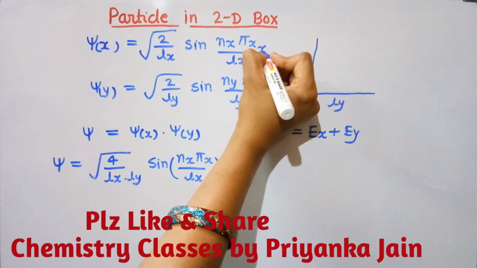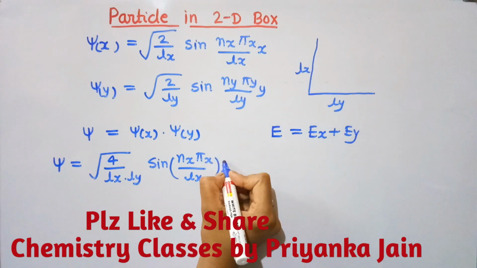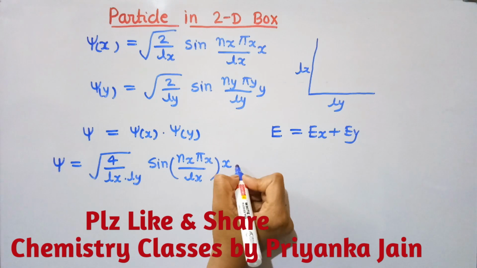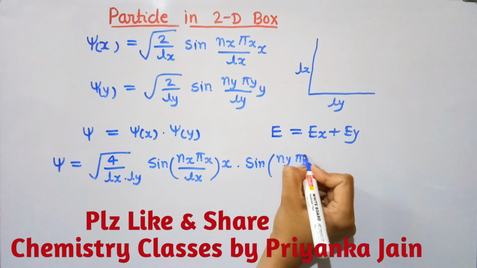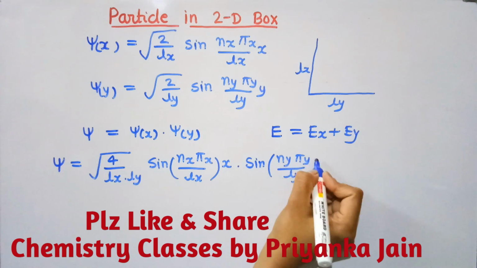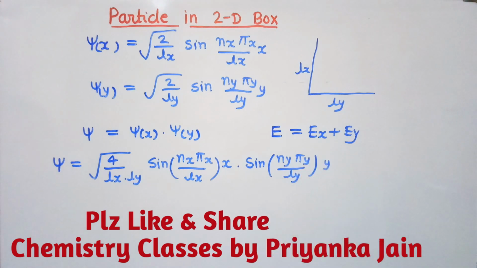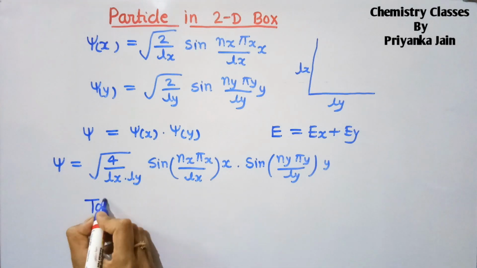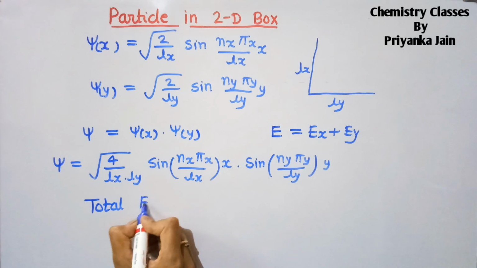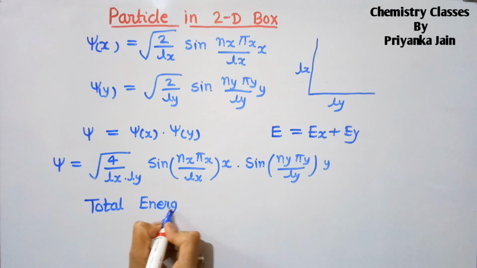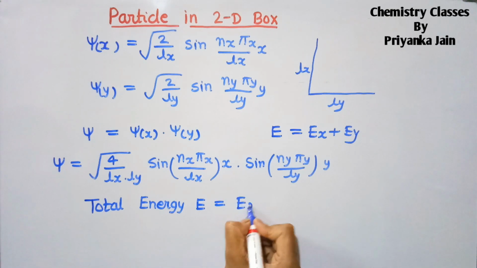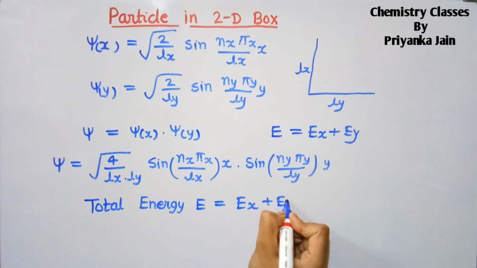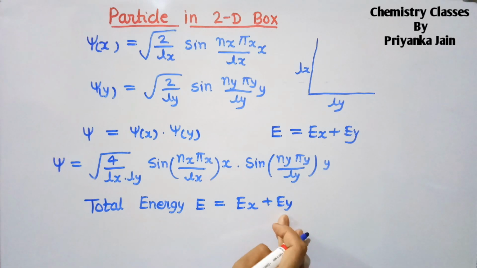Here will be the x term and here will be the y term. So write here X of x and then sin of ny pi y upon Ly. This will be the wave function, okay? So the total energy is now the addition of Ex and Ey, the energy in the x dimension and the energy in the y dimension,